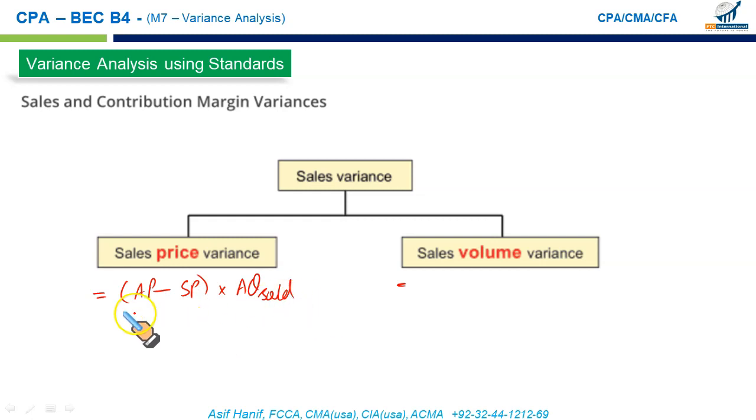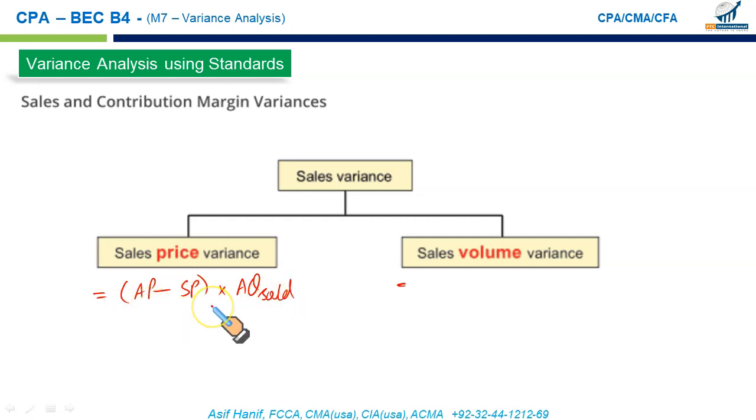Now you might argue, why do we have these in reverse order? Because in the material price or labor price variance, we had SP minus AP. Why do we have it AP minus SP here? I told you, in my world, favorable would mean a positive variance and negative would mean an adverse variance. So I have just reversed the order, so that an AP higher in sales is good compared to the standard price. If you get a positive result from this formula, that would mean a favorable variance. Cost overrun is adverse: if cost is more than the estimation, that is a bad thing. But if the revenue is more than the expectation, that is good. So that's why I had to reverse these two.